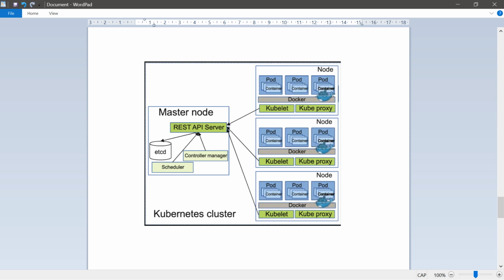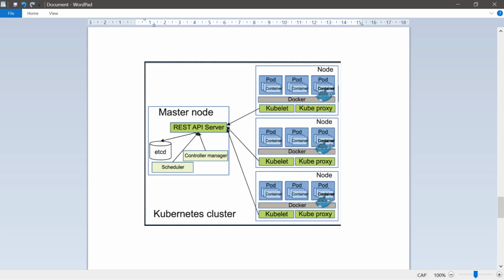The kubectl command line utility processes those API calls for us and allows us to format our request in a certain way. The Kubernetes API server validates and configures data for the API objects, which includes pods, services, replication controllers, and others.